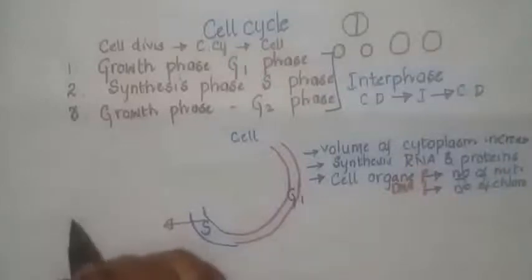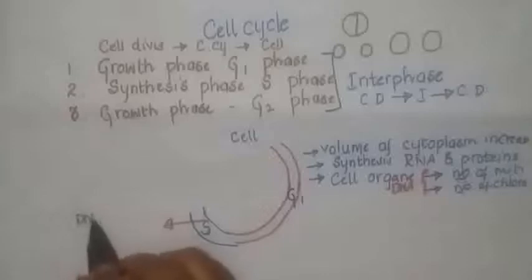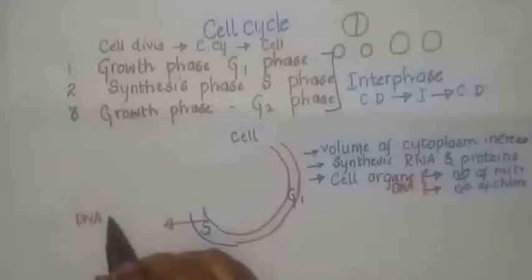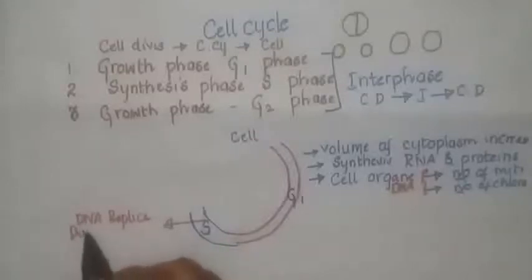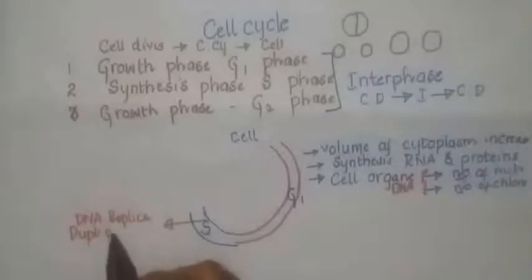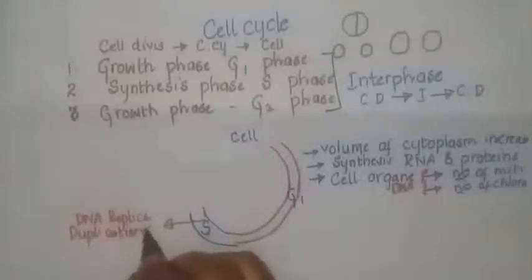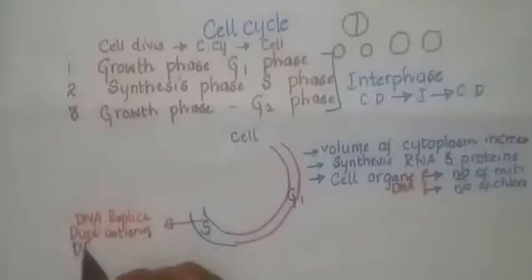It is a synthesis of DNA, or we call it replication of DNA, or duplication of DNA. What is the meaning of duplication of DNA? I think in the earlier video I have taught you that